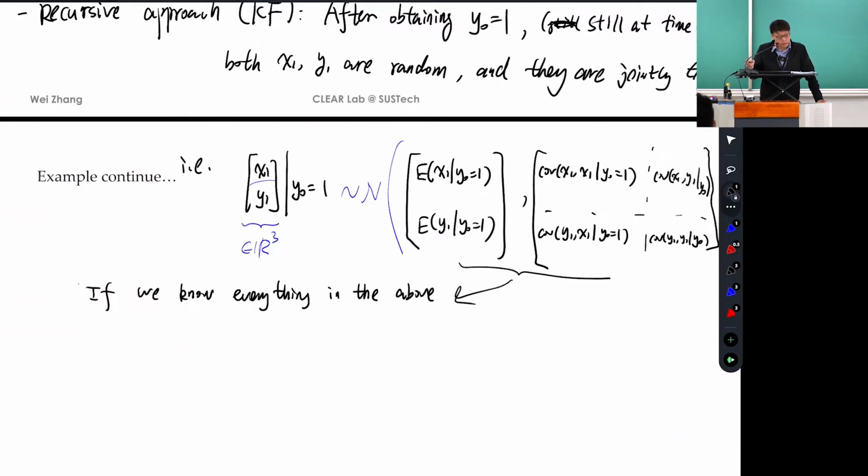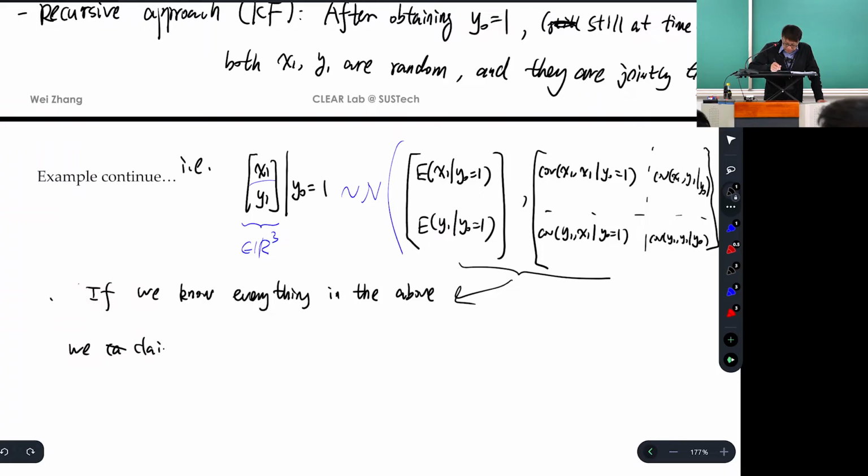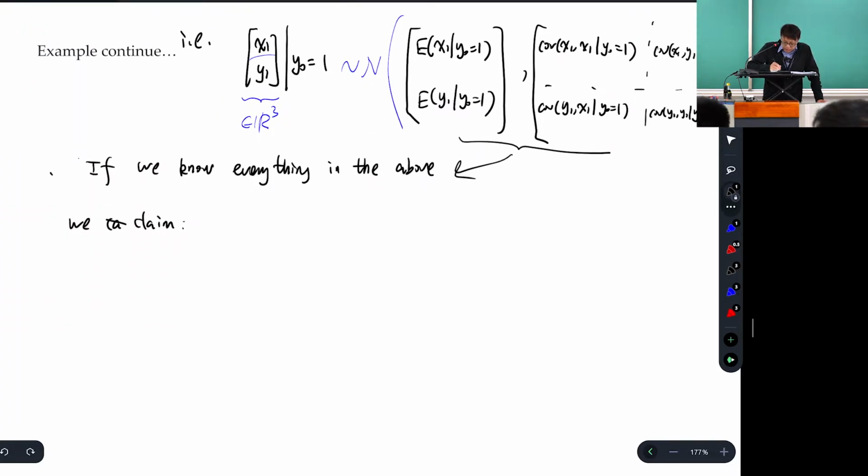Of course, we know how to compute them. Then we claim the expectation of x1 given y0 equal to 1, and in addition to that, y1 equal to -1